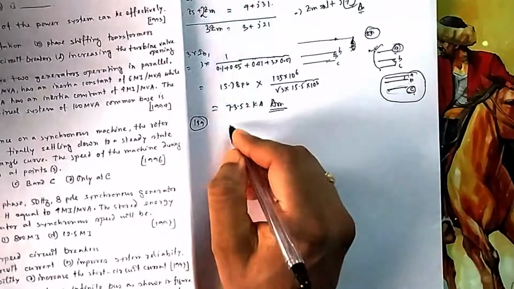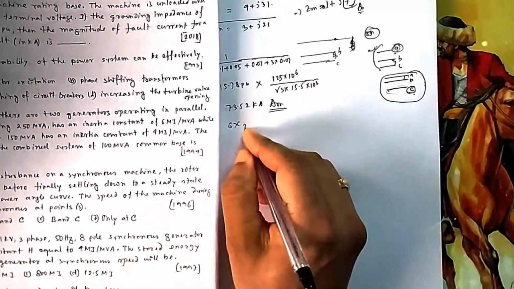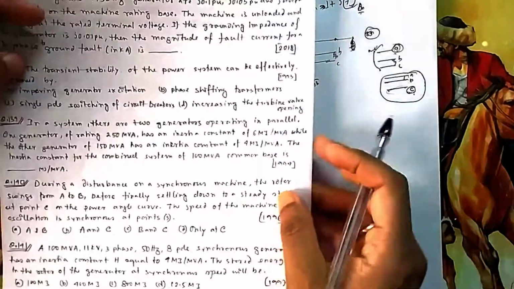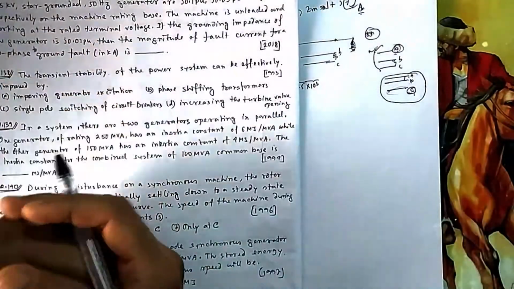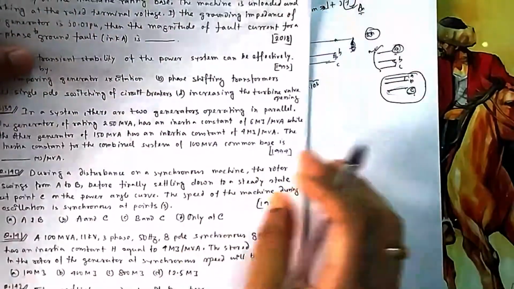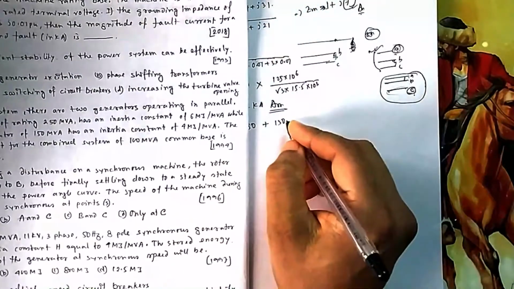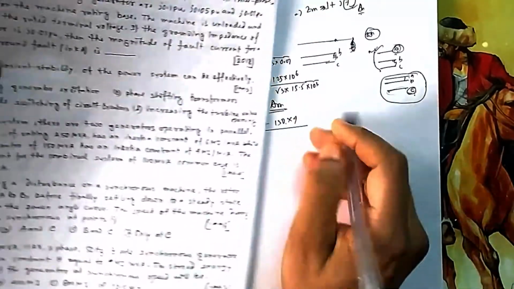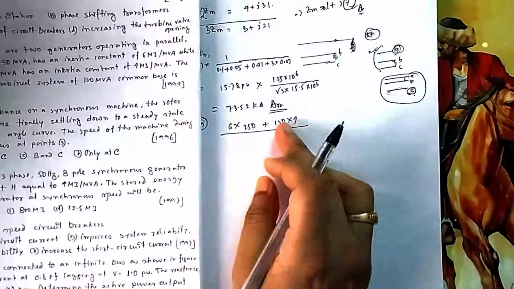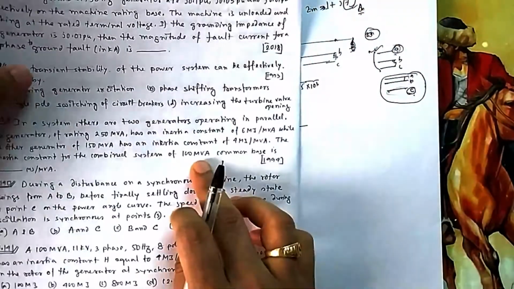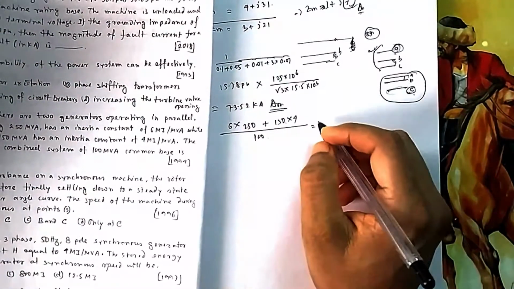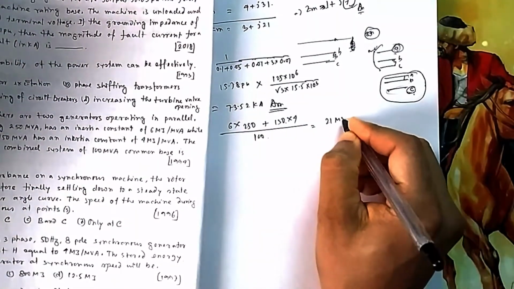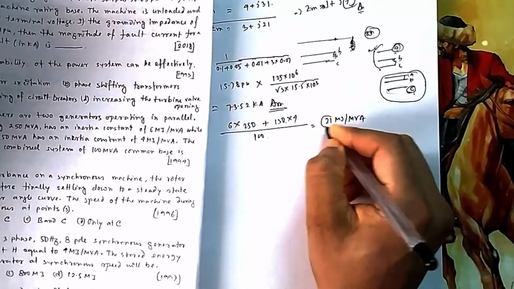Okay, so the total inertia, if you calculate for the first one, will be 6 megajoule per MVA. So MVA is 250, so 6 into 250. Total inertia for this one, this will be added because they are in parallel, so the total inertia will get more. So that will be 150 into 4 megajoule. So this divided by, this is total megajoule. And if you go for base 100, so out of 100, this is how much, so this will be your answer. So if you do it, it will be 21 megajoule per MVA. So that is your answer, 21.